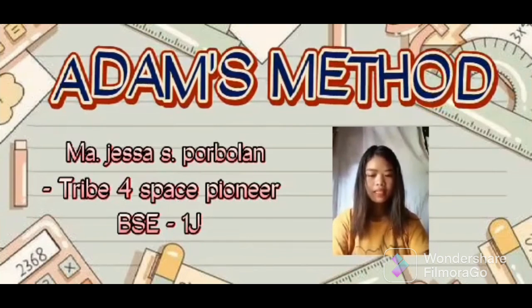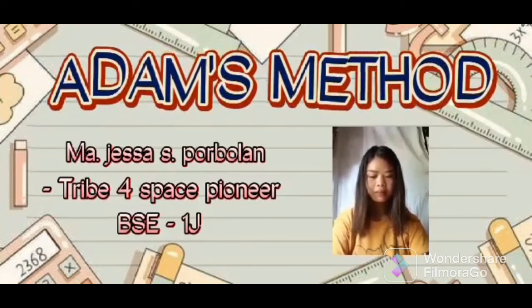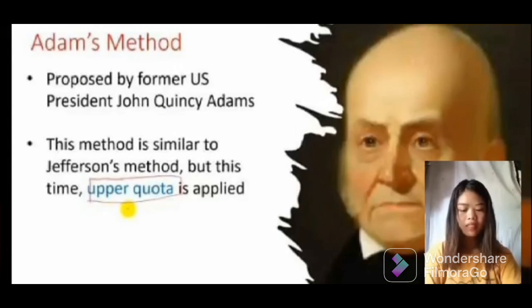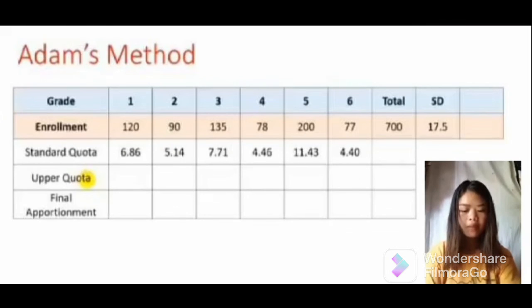We will discuss Adams' method. This method is similar to Jefferson's method, but this time, upper quota is applied. Upper quota ang hahanapin natin. Get standard divisor 17.5,